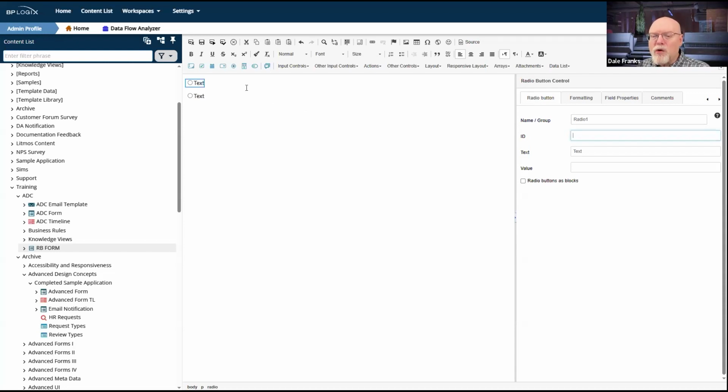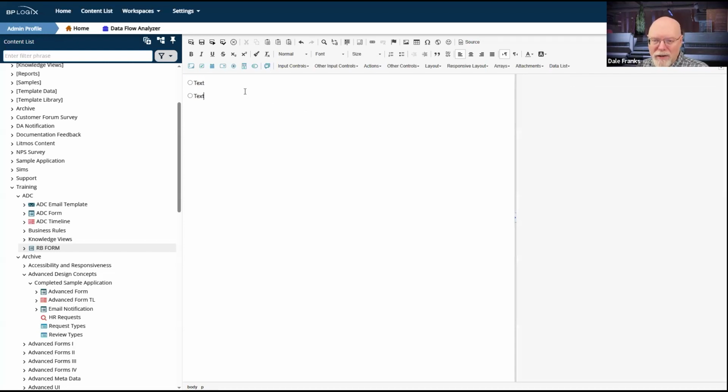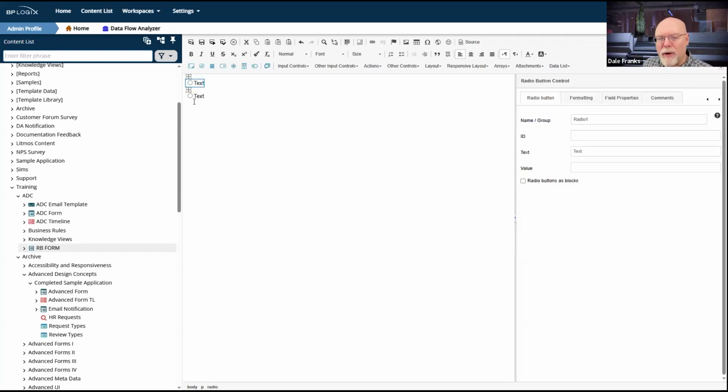So if I'm going to use radio buttons, rather than a radio button list, which is drop dead easy, it's a list control. So you know everything that you can drop into it. But radio buttons are different, because I need to make radio buttons mutually exclusive. I need to drop them all into the same group. So when I drop them onto the form from the online form designer, it's going to say radio 1 and radio 2 for each of the two buttons, and that's wrong. We do it that way because we have to provide a default name. And by the way, if I go ahead and save the form, it's not going to mess anything up. They're just going to be in two different groups.